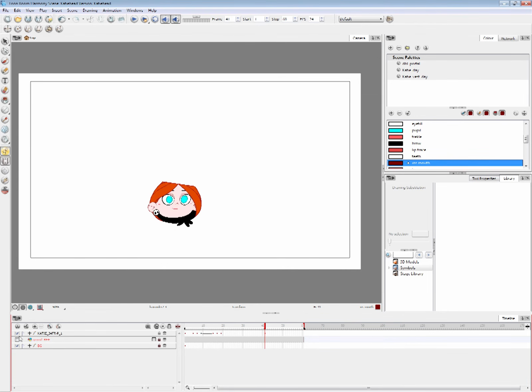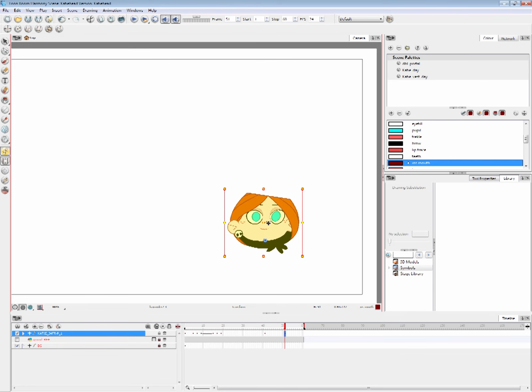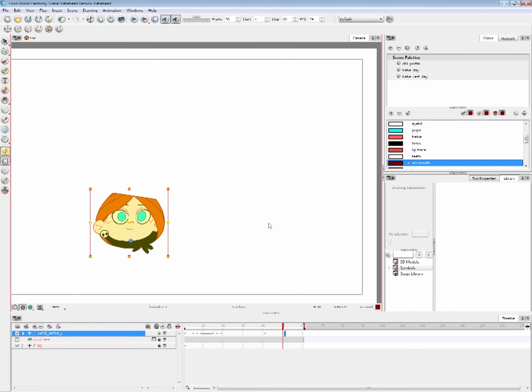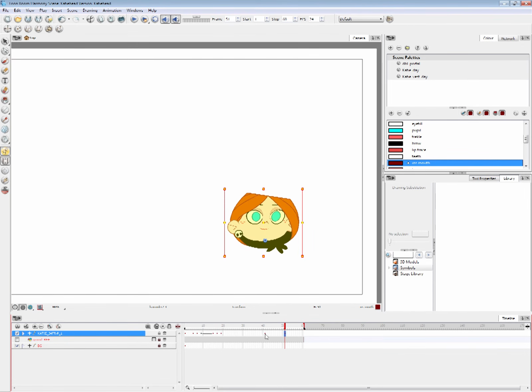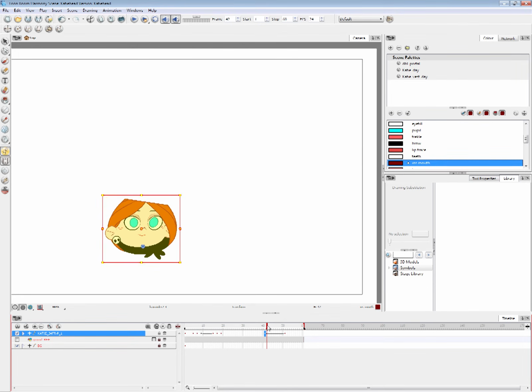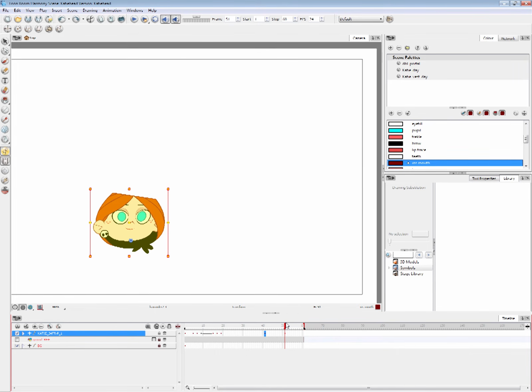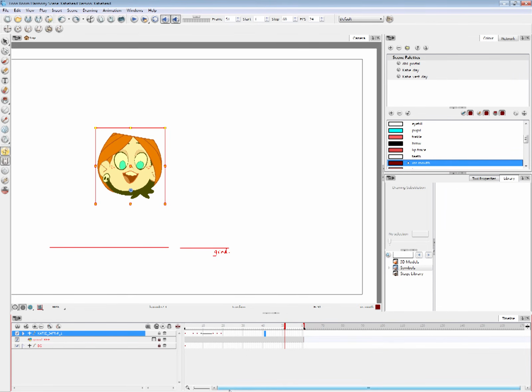So for example, if we have a keyframe here and we have a keyframe here, so we get this sort of effect, right? And if I auto tween that, not a good example. Do you know what? Let's just go ahead.